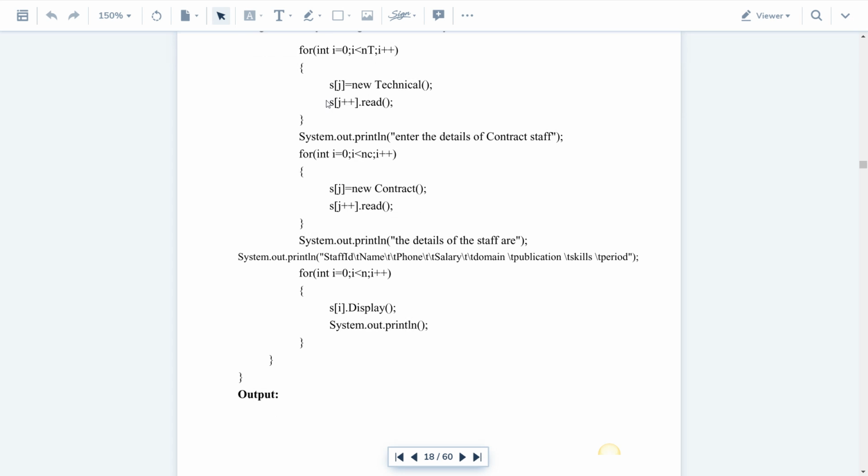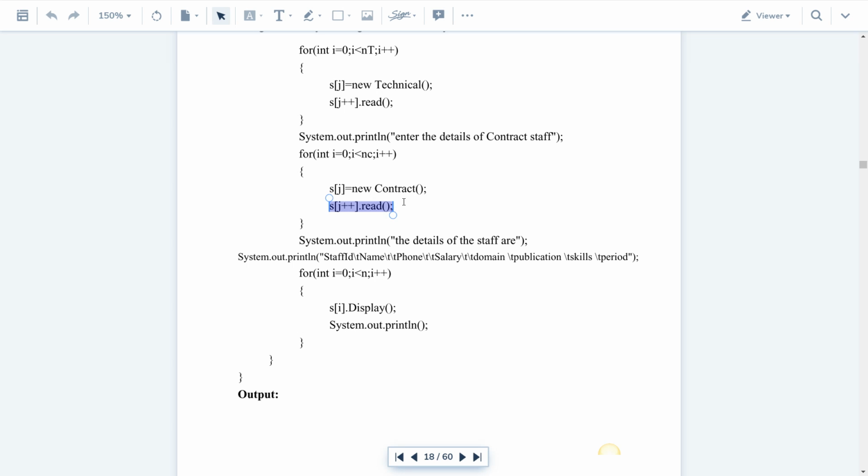So observe this very carefully. Here we are not creating the read method again and again. We have created it just once, and we are accessing it again and again by using the inheritance concept. That is the use of inheritance. If we have common details, then you don't have to write them again and again. You write it once and you can call it a number of times. Similarly for contract details, right?